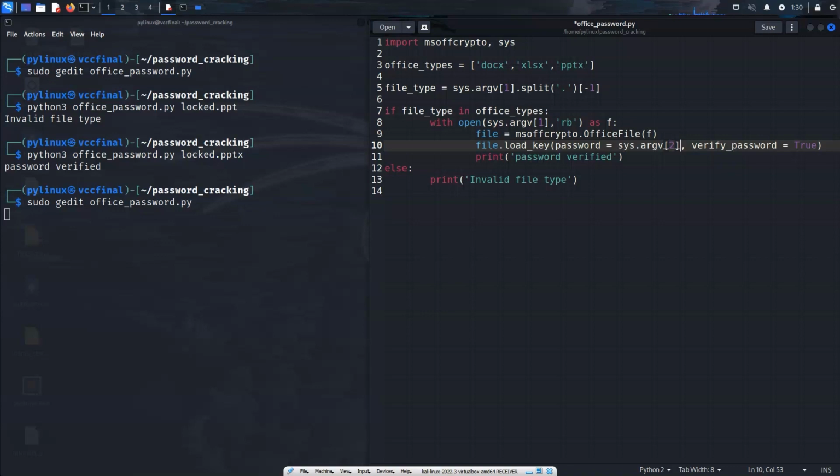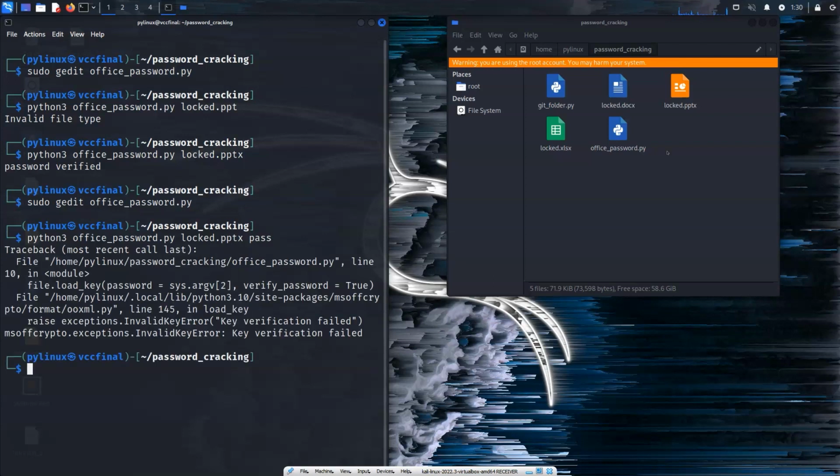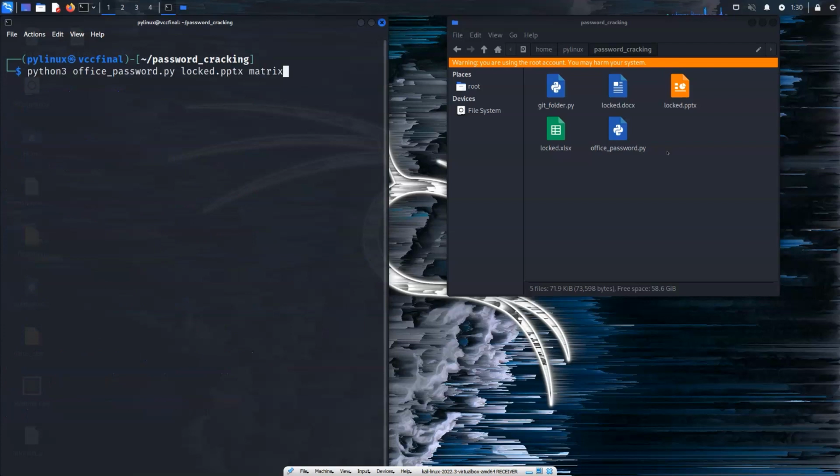We'll go Control S, Q, and now we're going to run it like this and say password equals pass, and then it's going to have this error. And again, you can add some error handling to get rid of the error, but I'm just going to test this with the correct password. Matrix, password verified,